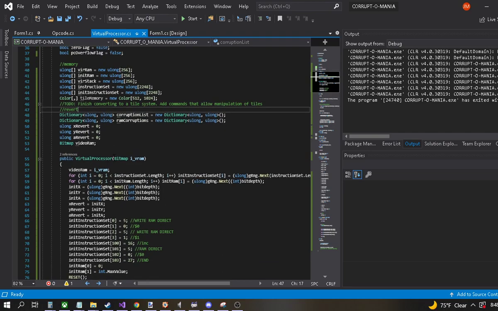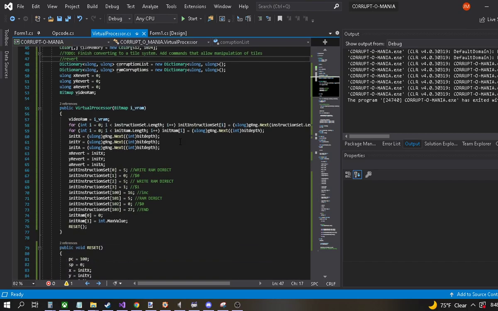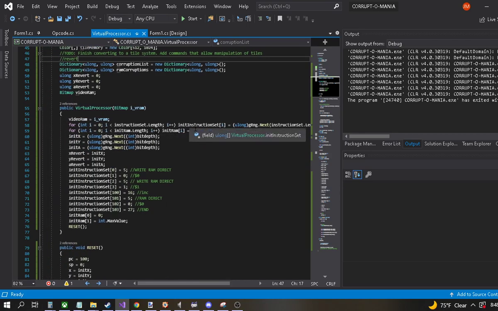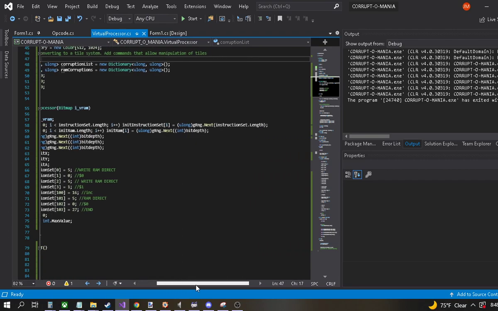And then we have a copy of the bitmap from the form we were talking about over here. This just allows us to edit all of our pixels from here. Here's our constructor, our virtual processor, and it of course takes the bitmap from the form, and then it sets that here. And then what both these for loops do is assign a random value to the virtual processor, the virtual instruction set, based upon,